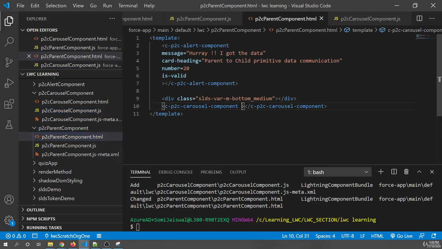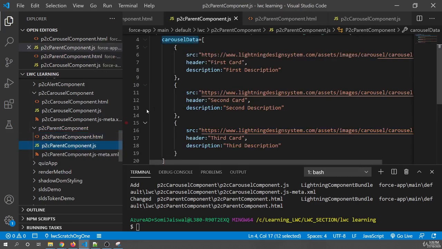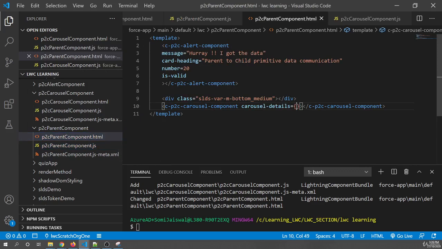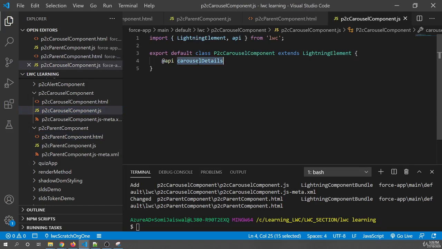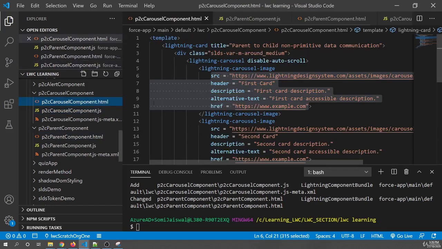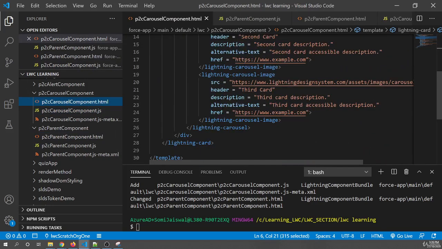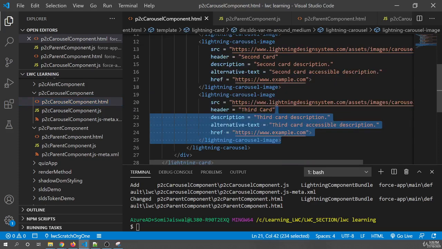It should be written in HTML attribute format, carousel-details. Then you have to assign the data, and the data is inside the JS file of the parent in the property carouselData. We'll just map that property name here, so immediately it catches the data and it will reach the property. And now I want this property to be used to display the HTML, right? So I'm going to use the for each